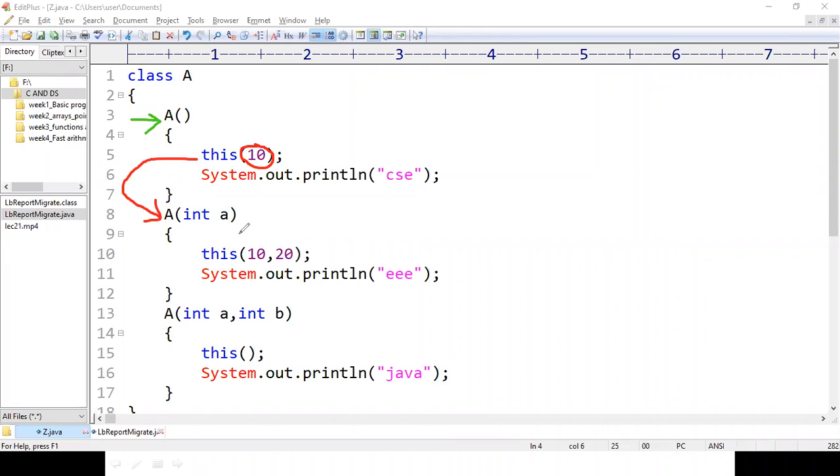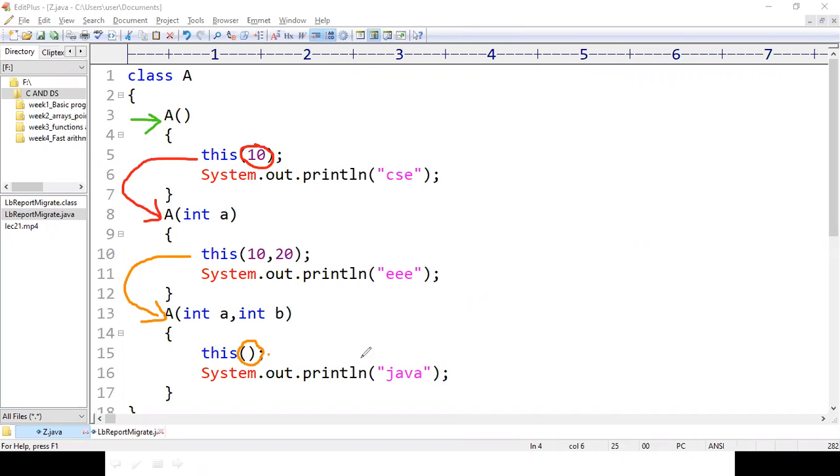Once it starts executing this one, immediately inside there is one more statement called this of 10, comma, 20. So immediately the compiler will start executing that one, which is the constructor of int a, comma, int b. When the execution starts inside this constructor, there is one more keyword called this, which takes 0 parameters.